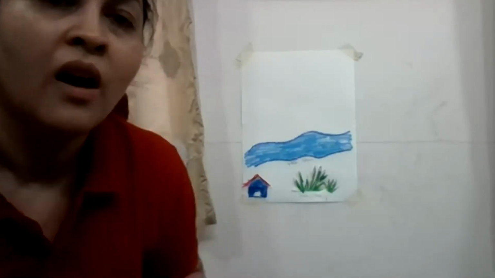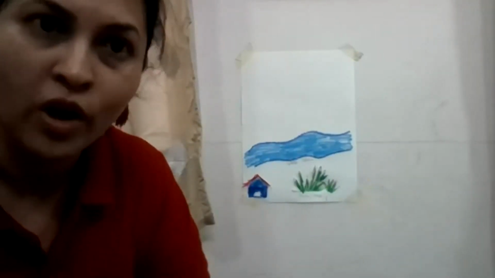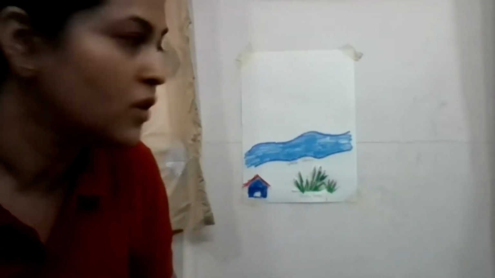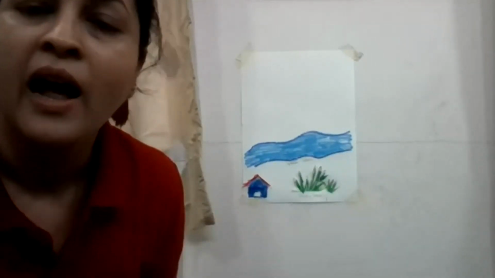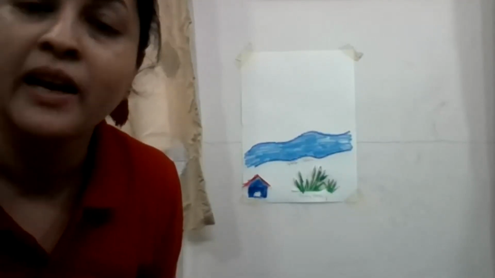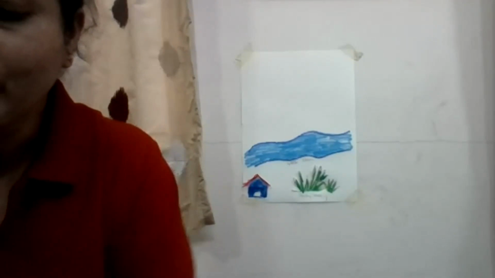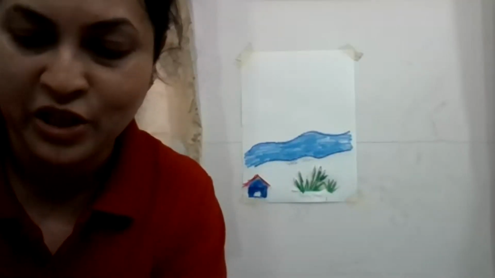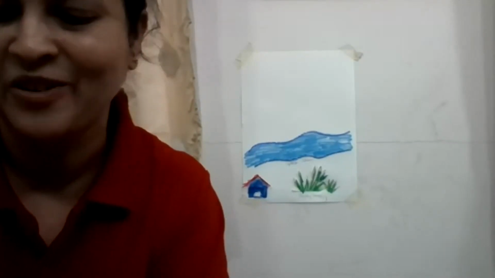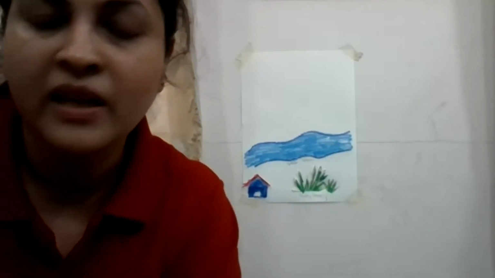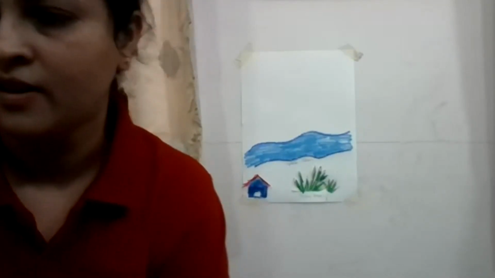So you can have a tub or small tray of water, actual water, real water. And you can have grass, actual real grass, which is stuck to the craft, and then mud again. Yes, wet mud you can stick. So it will be a sensory activity too. You can make a 3D model also. I was planning to do that, but I did not get time. But you can plan a 3D model. You can take an empty tray and you can make this whole model in it.